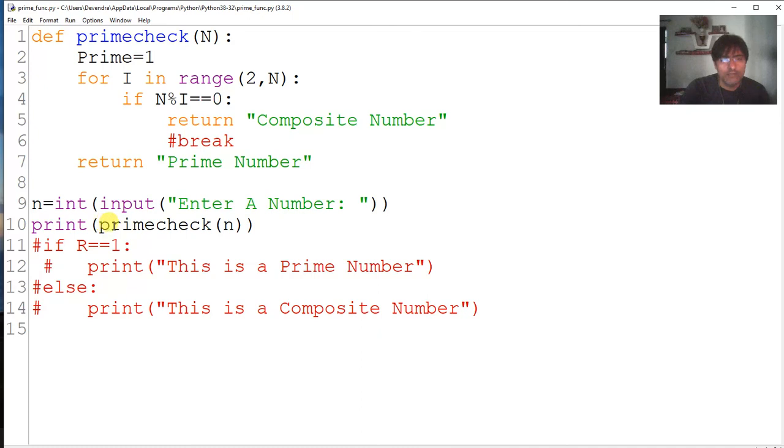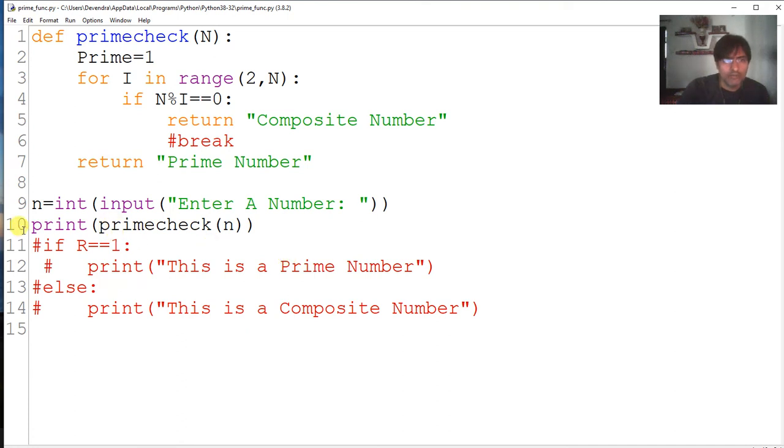Then the function has been called, and this time prime check function is returning the string. If you see, it is returning string. So since it is returning string, we will not be using a variable on the left of prime check which will be storing a value. Rather, we have directly put this call in print, so that whatever strings are returned, they are directly printed.